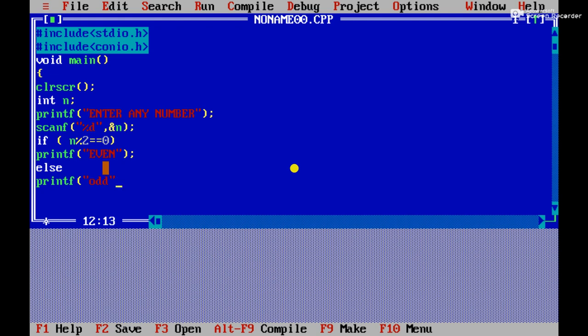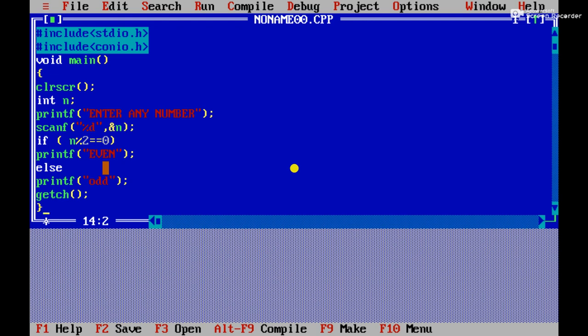So here we go, and after that at the end of the program we are going to put the getch, right? So here the program is done almost.